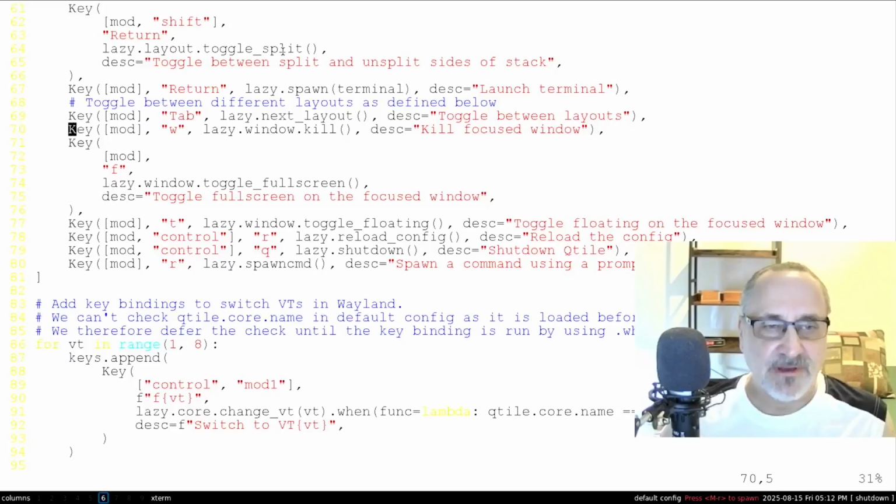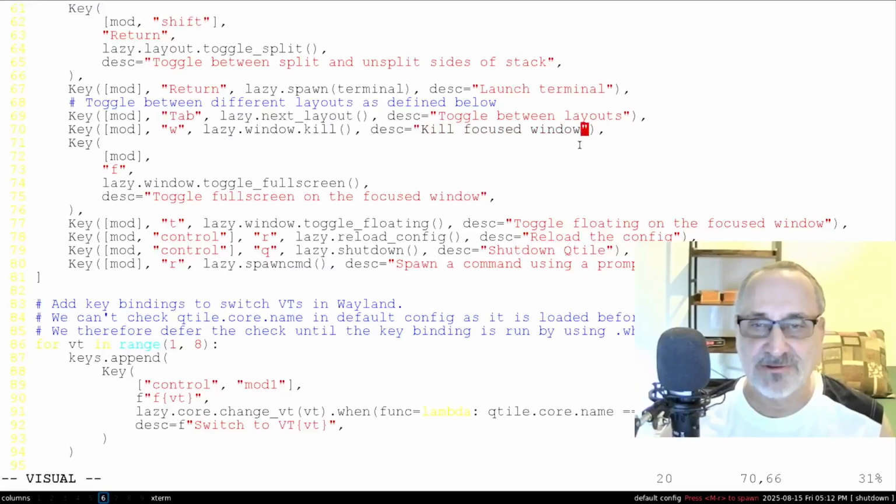So line 70 is programmed so that mod key W is going to close your app, whichever app you happen to be in. As you can see here, it's called close focused window. But it really just closes the app that you're in. It's mod key W, but in my configuration file, I changed it to shift mod key C. And the reason why I did that is because that's the way it is by default in the Awesome Window